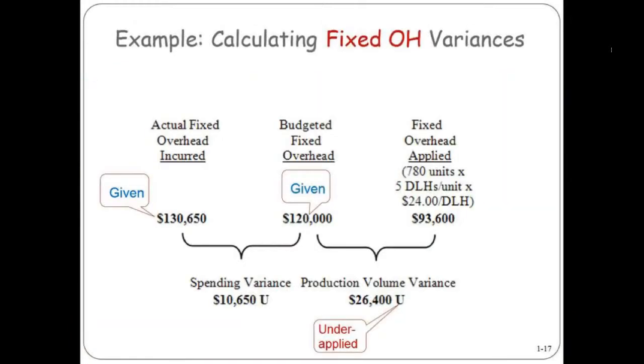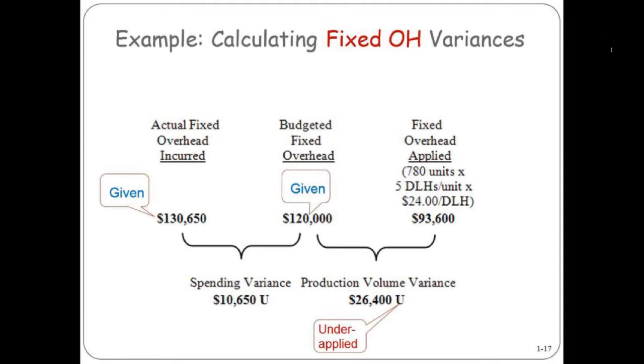So this was given, 120,000. This was given in some way that it actually cost 130,000. Remember we saw that last week, that it cost more than expected. And in the course of the period, we were applying our fixed overhead a little at a time. But since we only sold 780 units, we underapplied. We only applied